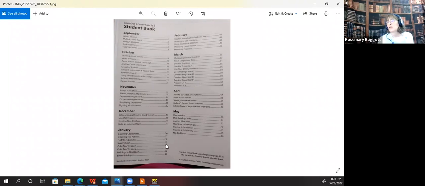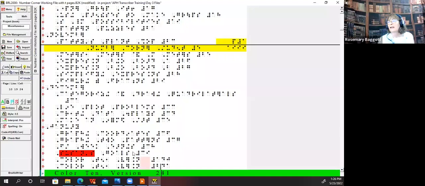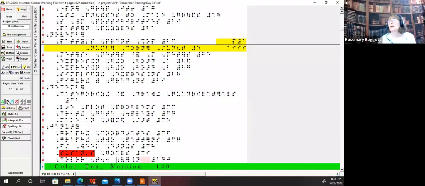And I'm going to go back and show you that for color 10 version 1 under January, let me show you in print. Color 10 version, I just put a space in front of all the print page numbers, but it had already joined 1 and 40, so it looks like 140. So again, I have to be editing this based on my print table of contents.